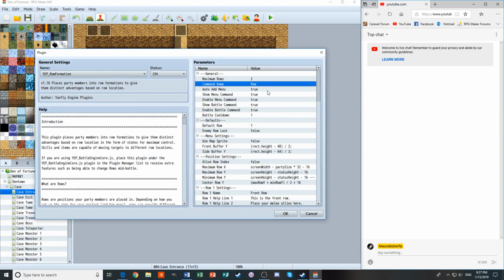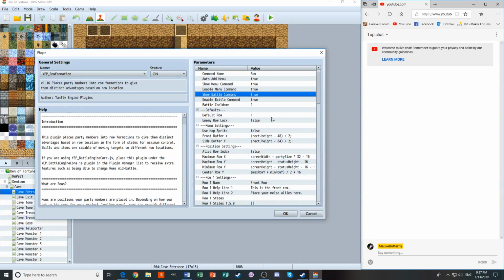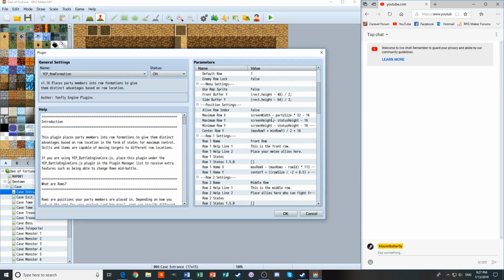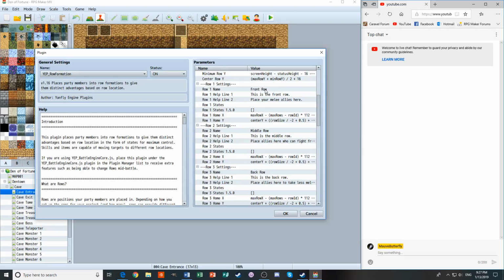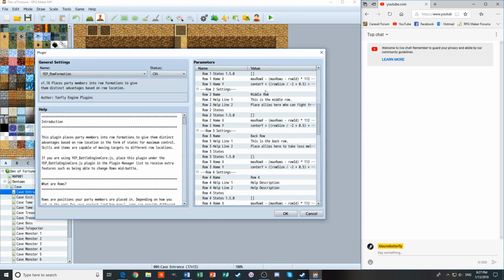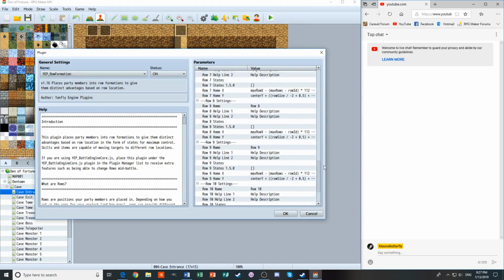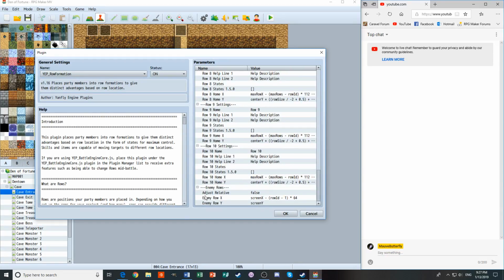Command name, row, sure. So our in-game menu now has a row command. We can enable the ability to change rows. Do we want to be able to change rows during battle? That's something I guess we can worry about later. Okay. Here we have our row settings. Going up to 10, and that's basically it. Oh, and then also enemy rows at the very end, right? Some